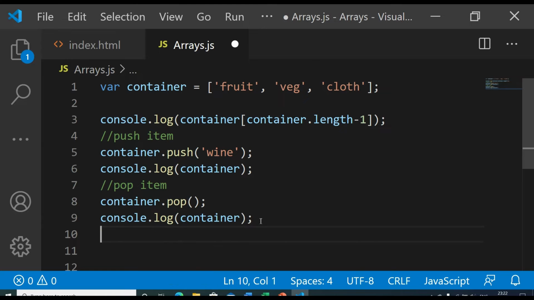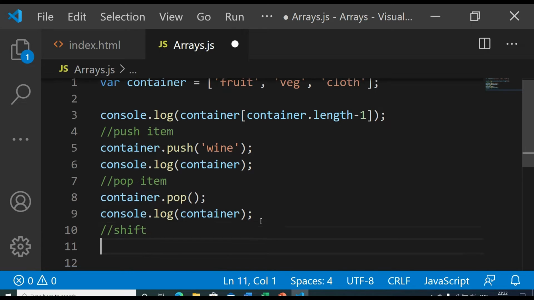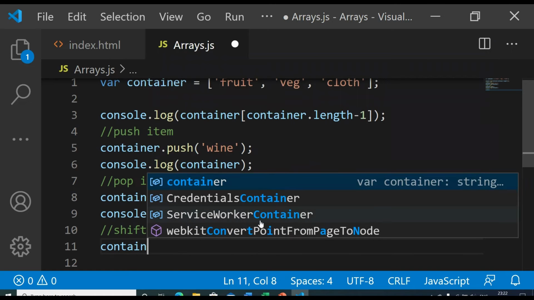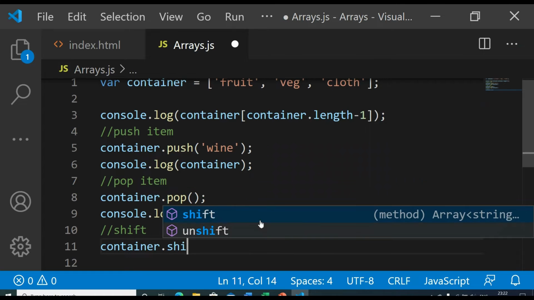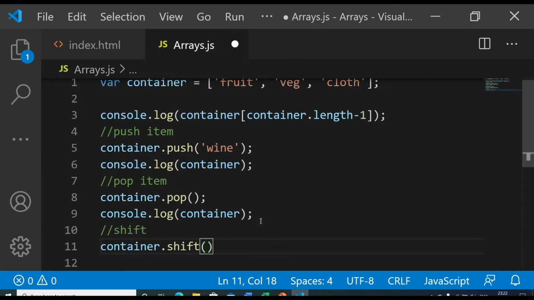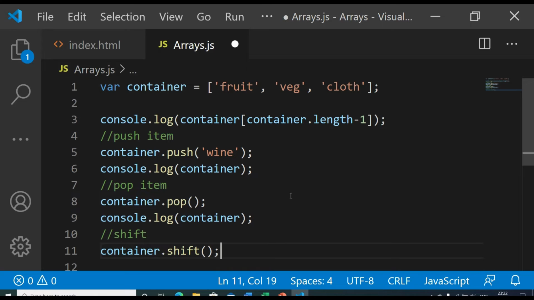Like push and pop work on the last item, you have shift and unshift to remove or add an item at the start, at the 0 index. So if I use shift, it removes the first item. Currently the first item is fruit.